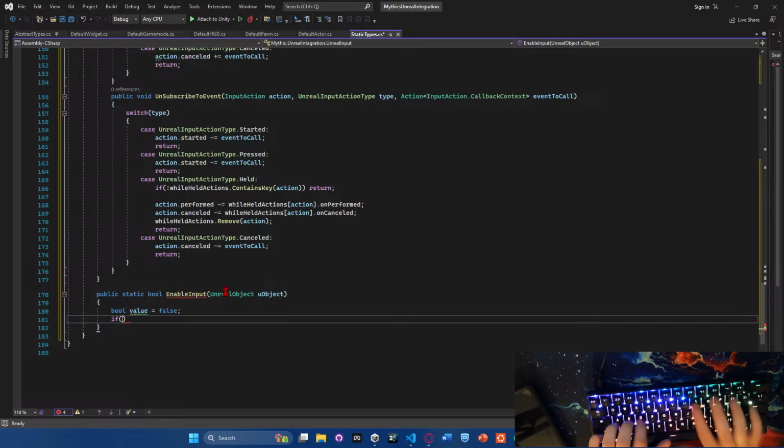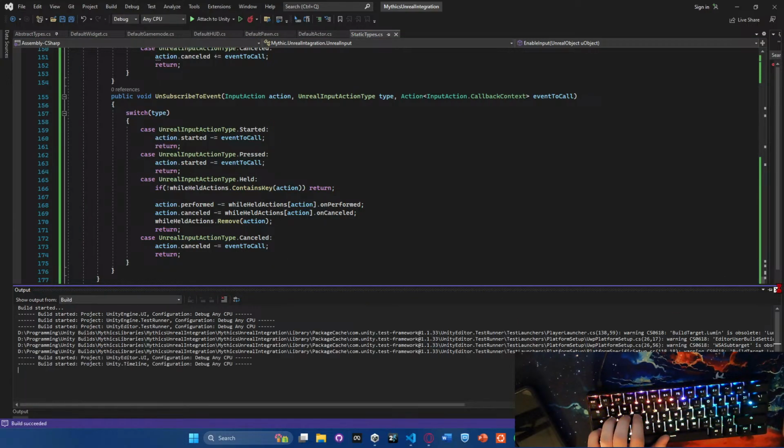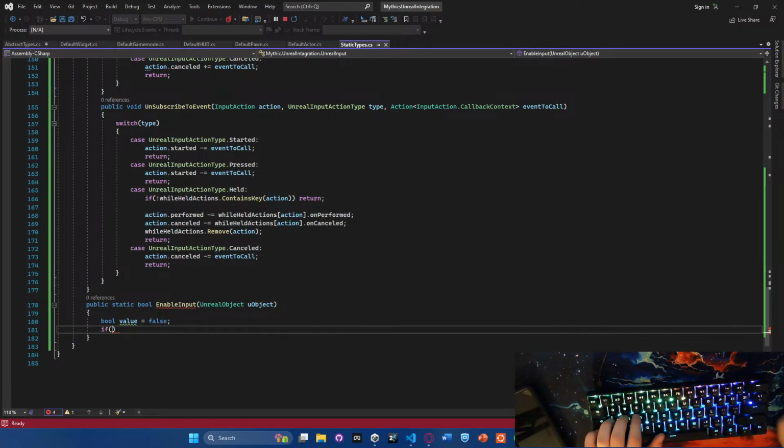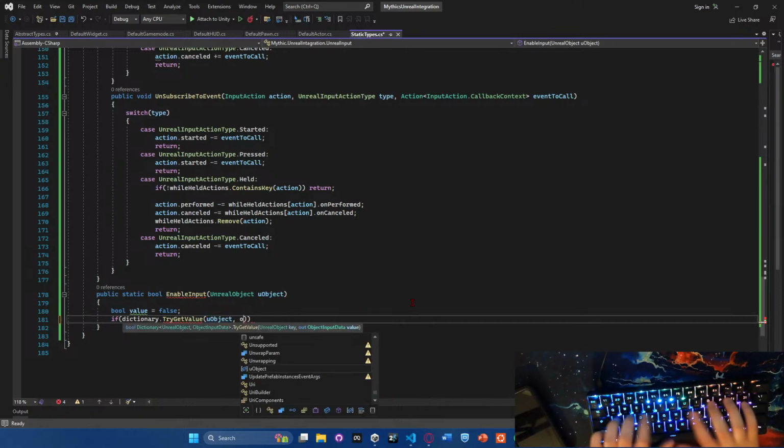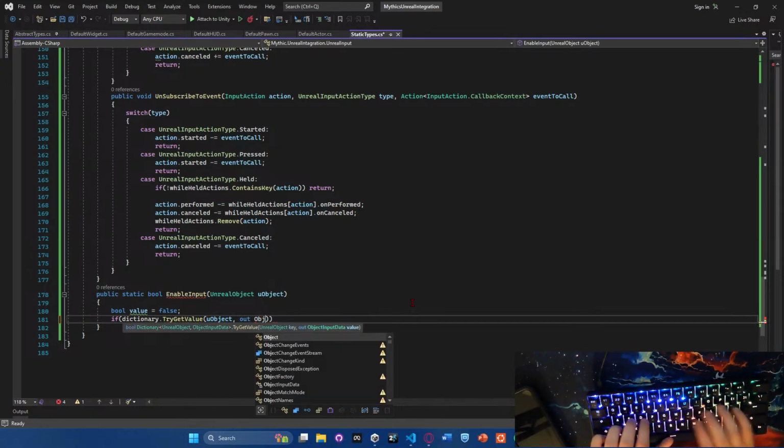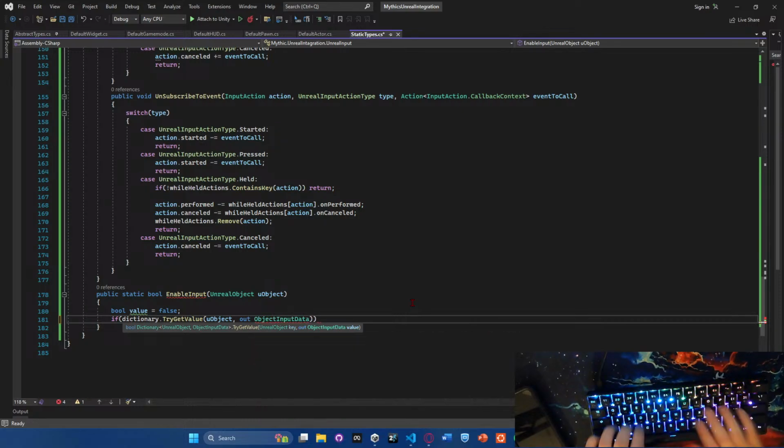And then if our dictionary dot try get value, I'm going to try to get the U object, and if it outs the object input data associated input,